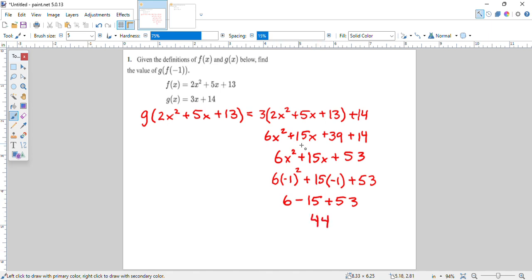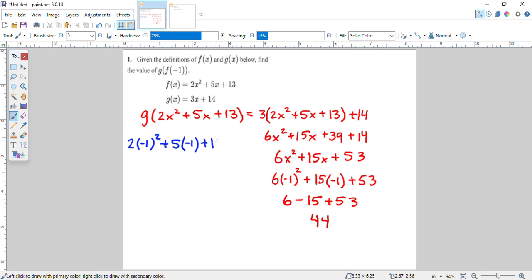Okay. Now, this is how we have been doing things. Let's see what happens if instead of doing all of this, we take a step back, and they tell us that f of x equals negative 1. So I am going to start with f of x. I'm going to do it right here on the left in blue. I'm going to start with f of x, and I'm just going to replace the x with negative 1. So in parentheses, negative 1 squared plus 5 times parentheses negative 1